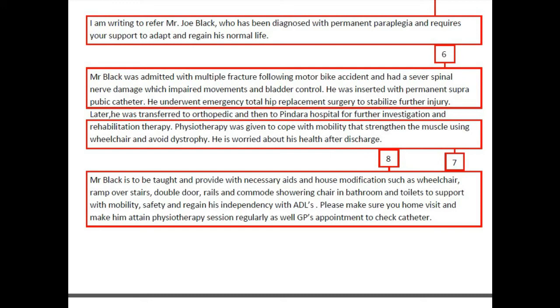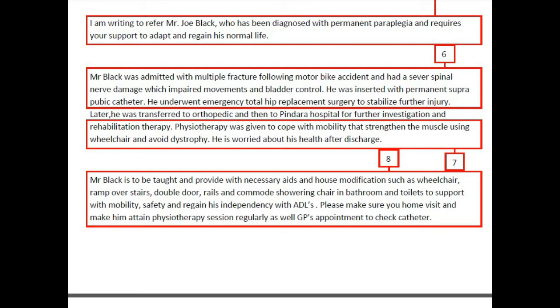Our motive behind this letter is to give support to regain his normal lifestyle and acquire independence in his daily living activity. Also, Mr. Joe Black was a very smart and outgoing person and suddenly turned into a disabled person. So the mental shock he has is not mentioned in this letter, and it would have been better if the letter had this point as well. Also, the letter fails to mention the reason behind the usage of ramp, which is his house is situated on a fairly steep hill and has steps at the entrance.